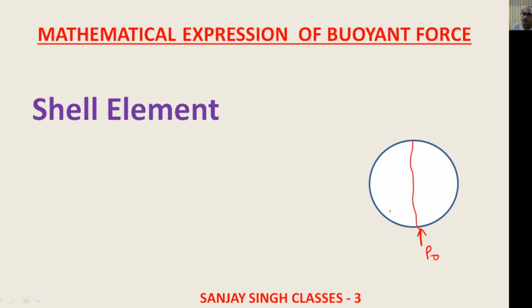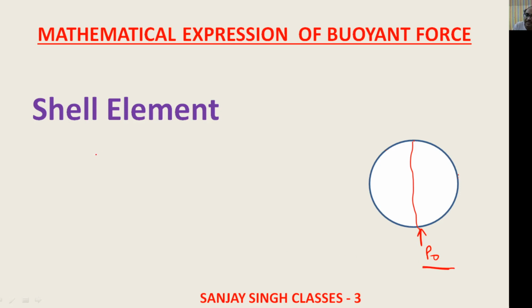Now we need to find pressure on any part of this shell element, pressure on any part. So how will we be able to find it? This particular object is floating, or it is above the surface of water, or on the surface of water, it may be, right? So if it has to be on the surface of water or above it, the pressure which is working on all other parts of the element should be less than P0.